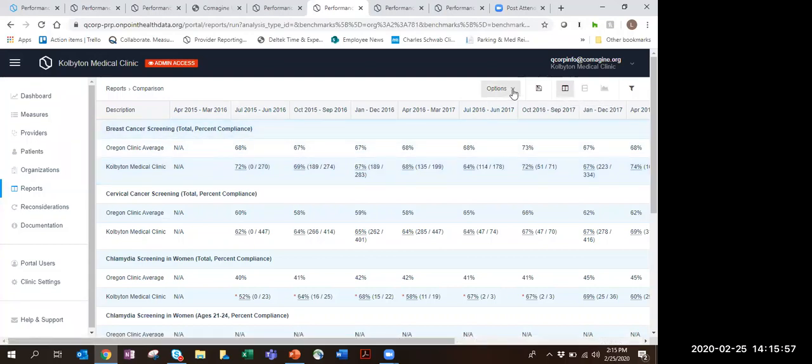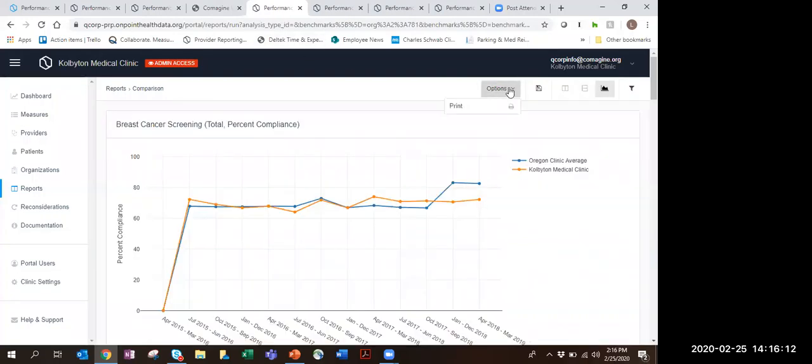So then I'm able to click on options and export this to Excel if I want to be able to work on it. I can also use this one, which flips the axes of this table, if that's a little bit more useful for me. And then in both cases, I have the option of printing it to PDF so that I can share these charts or use them elsewhere.